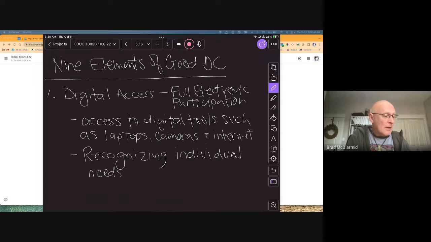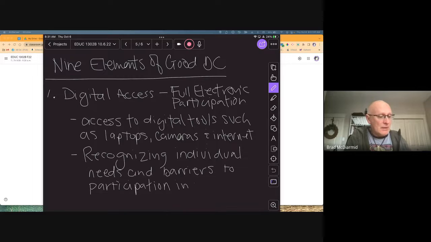Our needs and barriers, and that barrier might be something that you don't know. And our barriers to participation, including special needs.